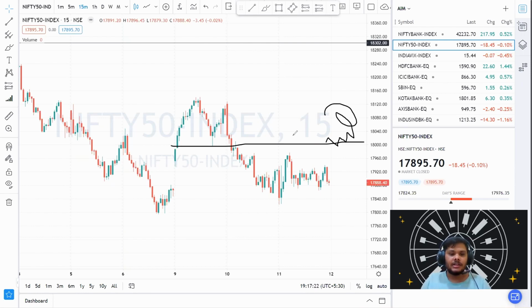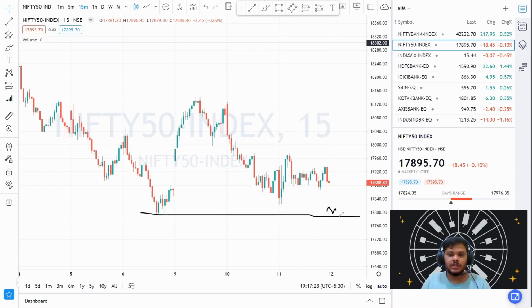And it may happen that it opens gap down. So if it opens gap down around 17,800 or 820-30 and shows negative movement below that, then also you can take a trade for selling, because it also tries to close below that 17,800 level continuously for 2 to 3 days. So if it closes below that, then you can assert some selling pressure from there.